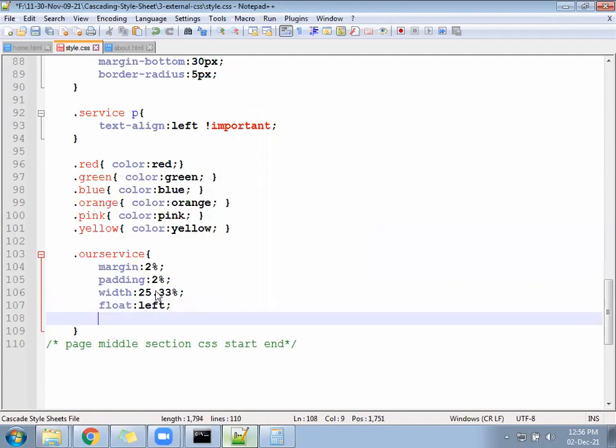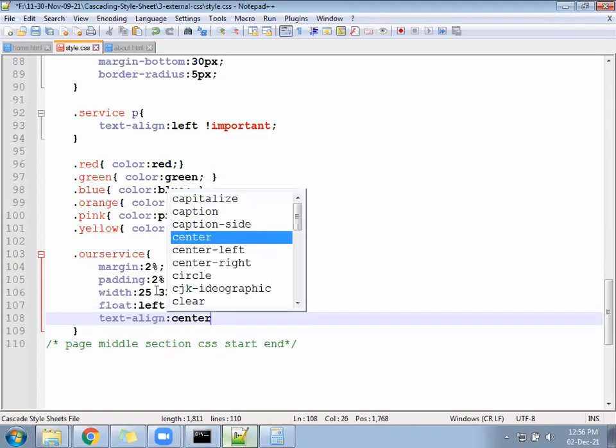We can give align center, so everything will print in the middle.